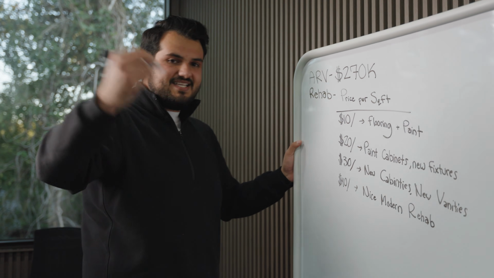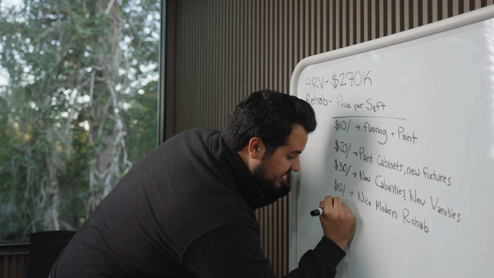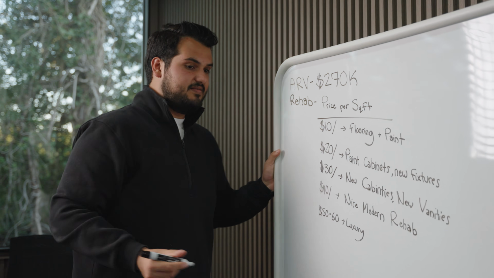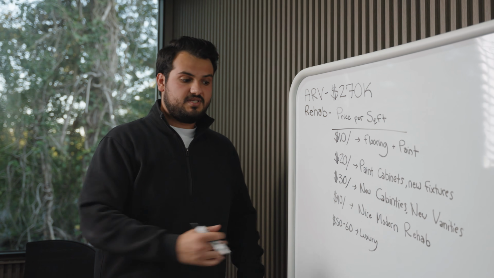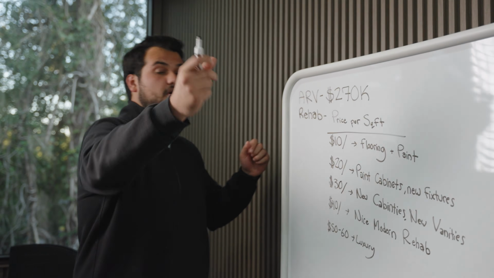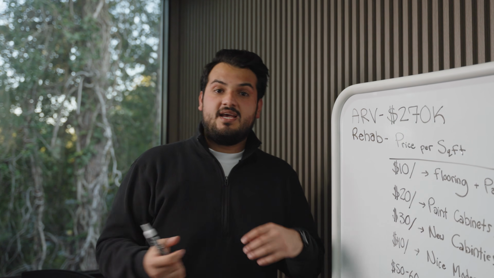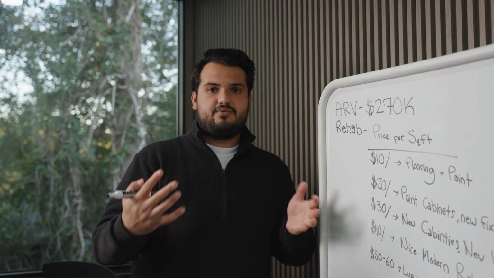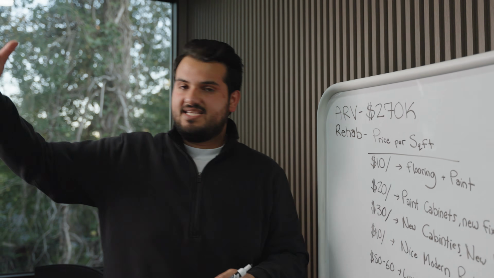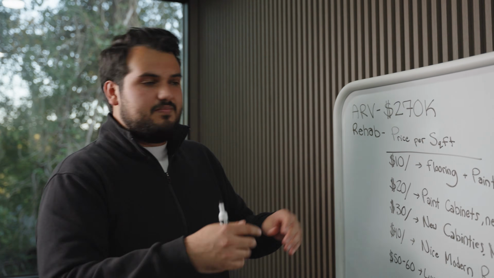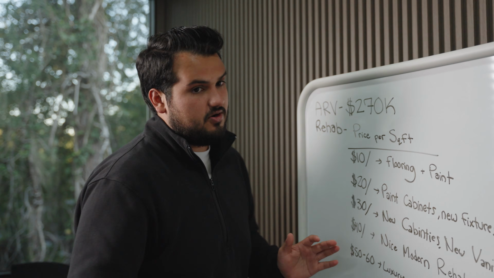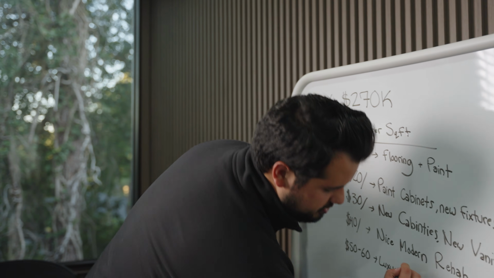Now when we're getting into the $50, $60 square foot range, you're talking about luxury rehabs. These are what you would put in $600,000 homes, $1 million homes. These are the types of rehabs that you're doing. You may be putting things like barn doors or really nice glass showers, things that aren't necessarily for the average home, but they are luxury rehab. You look at them and you're like, man, these light fixtures are really nice. Things like more expensive switches, more expensive small little fixtures and elements of the house that add up. That's what we consider a $56 a square foot. It's kind of that more luxury rehab.